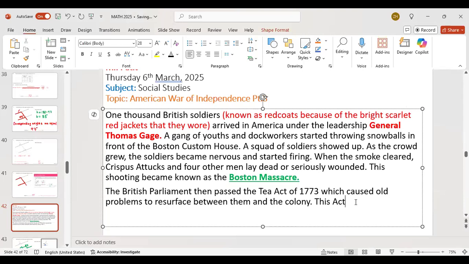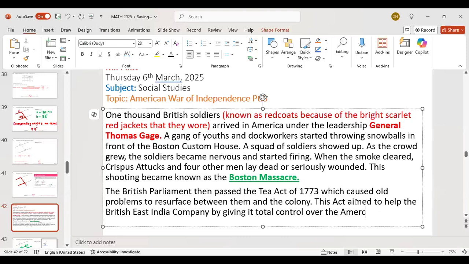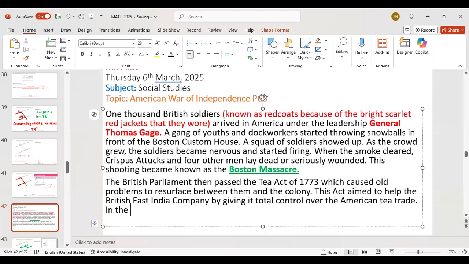So this act aimed to help the British East India Company by giving it total control over the American tea trade. In protest, the colonists